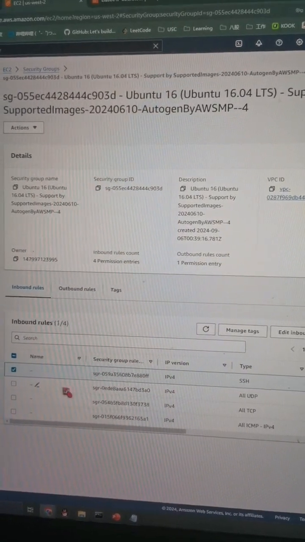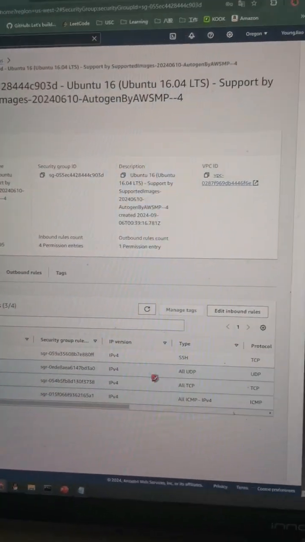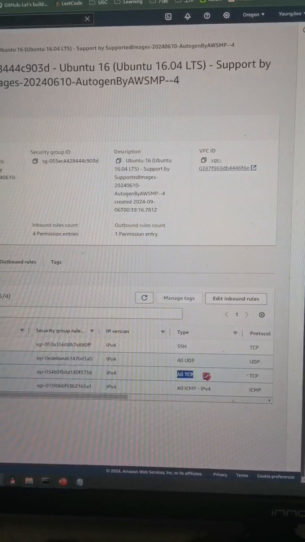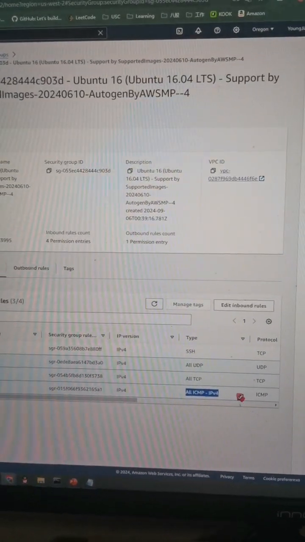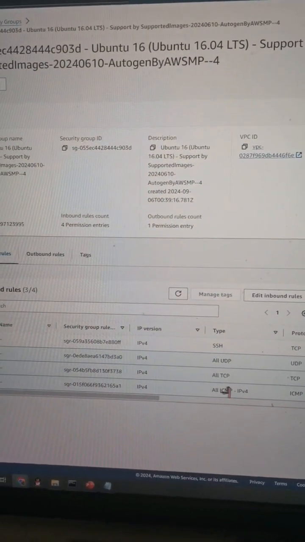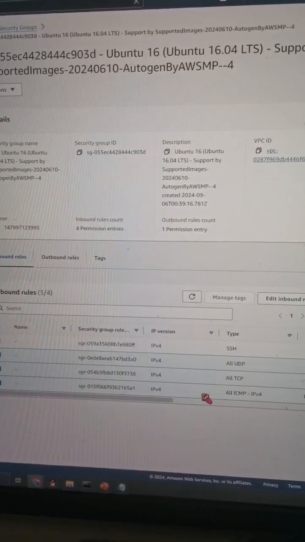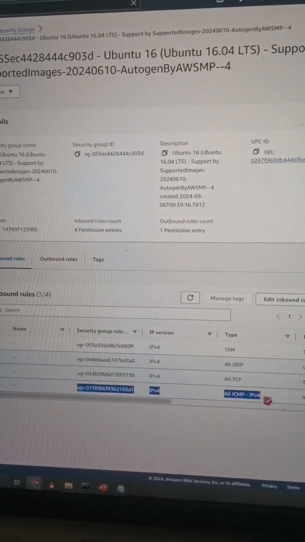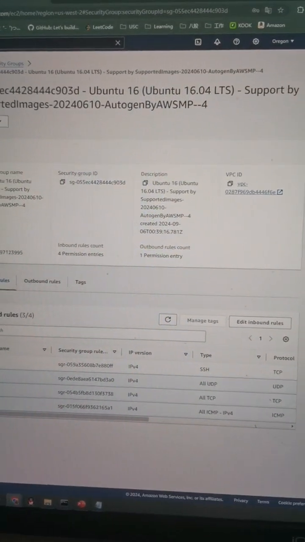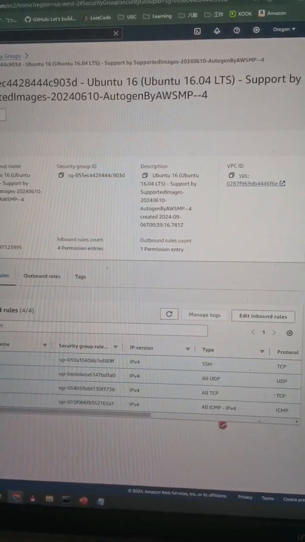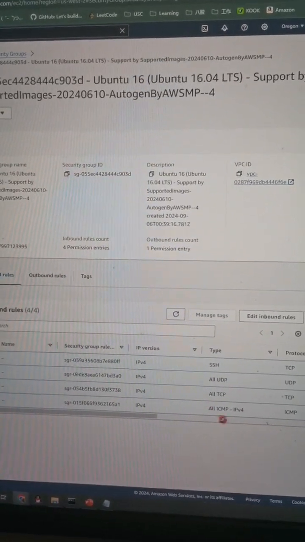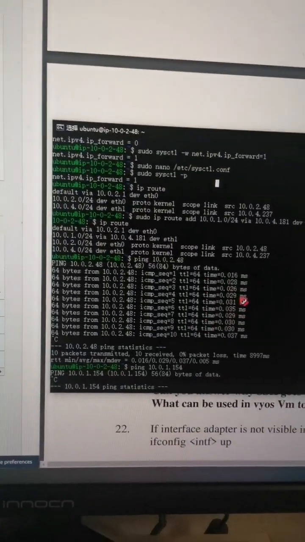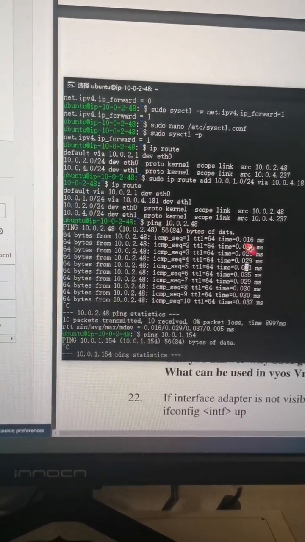It doesn't have these three rules allowing TCP, UDP, and all ICMP. And ping has to be allowed by the all ICMP rule. So after I modified the security group and added the three rules, now it can ping from the